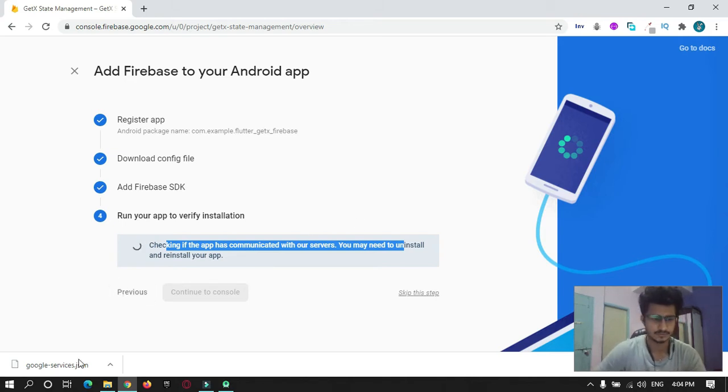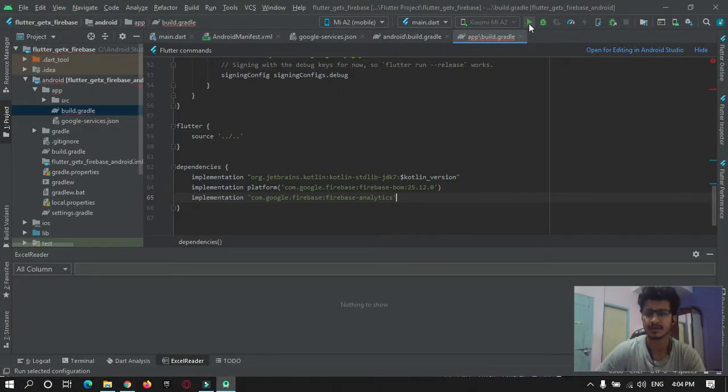So I will just show you my mobile screen. I will just run the app and show you.